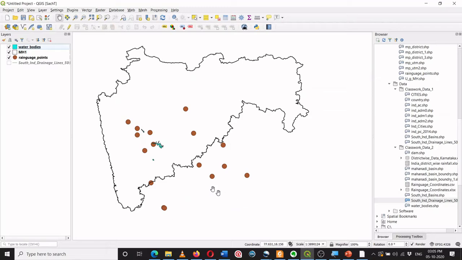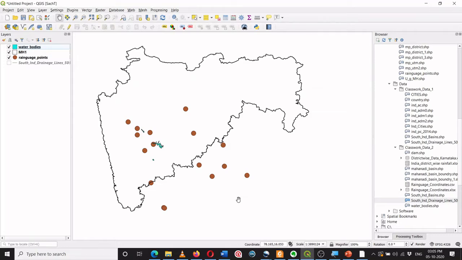So let's first talk about these rain gauge points. These rain gauge points are spread over here. Part of them are located in Maharashtra, part of them are located over here in Karnataka and maybe Telangana.